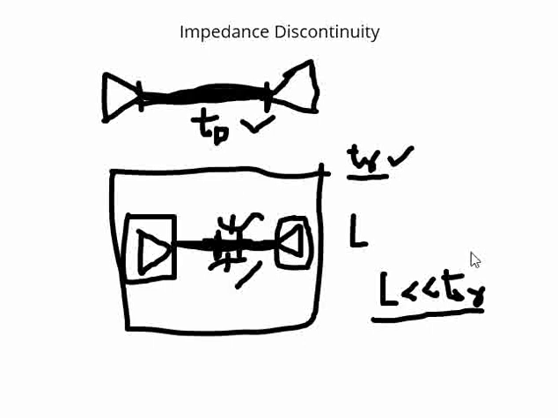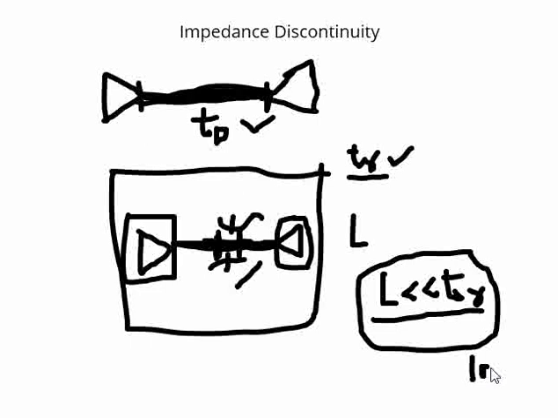Now let us assume I have 1 nanosecond of rise time. If I have 1 nanosecond of rise time, then my length must be 1 nano inch. So this is the impedance discontinuity that is allowed. Now what happens is, in practical scenarios, this is not possible, right? Practically this scenario is very rare. So that is the reason why